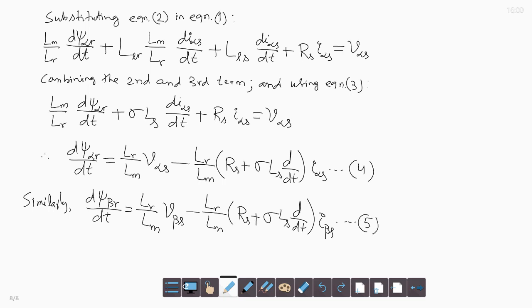So, when we have voltage sensors and current sensors to sense the line voltage and currents, we generate V alpha s and V beta s, I alpha s and I beta s, and using equations 4 and 5 we estimate psi alpha r and psi beta r every moment. We have an estimation of the rotor flux components psi alpha r and psi beta r. So, this is how rotor flux is estimated using equations 4 and 5.